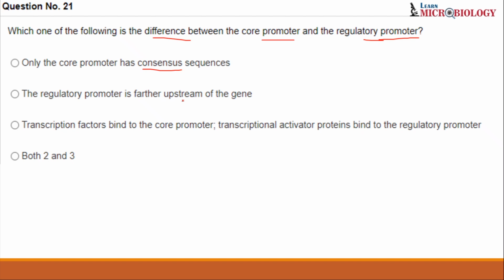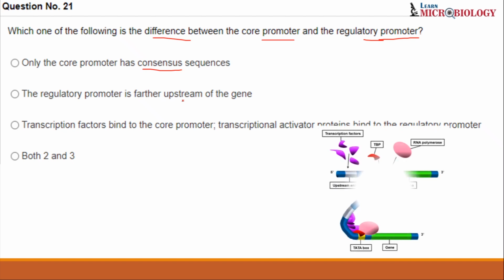Yeah, this usually happens. Let me just take you towards one particular diagram for an understanding. Can you see this green color one is your gene which is going to get transcribed, and upstream to that, this yellow one is a core promoter which has a consensus sequence called the TATA box, and then upstream to that you have a sequence called the upstream enhancer sequence, which is nothing but your regulatory promoter. So this grey one is a regulatory promoter where certain transcription factors and enhancers are going to bind. Once it's bound, can you see how this DNA gets bent over here such that your regulatory promoter has access to your RNA polymerase.